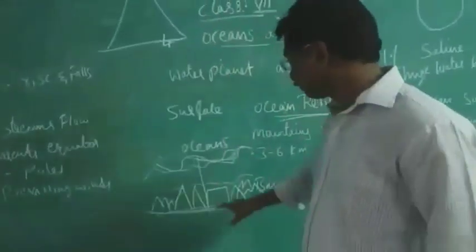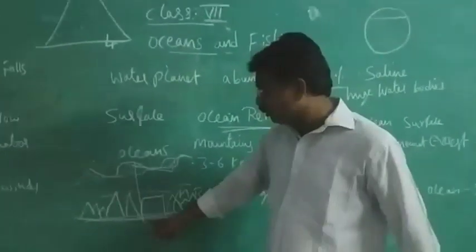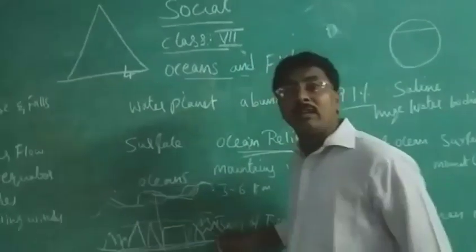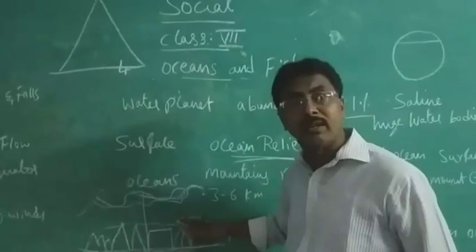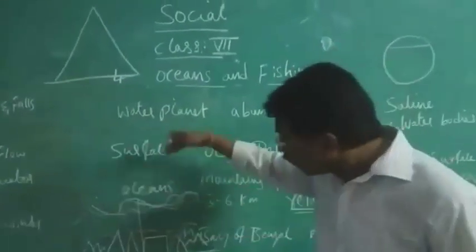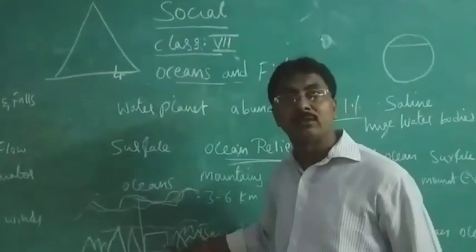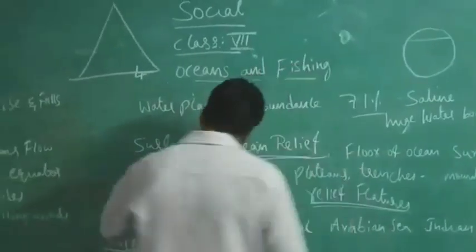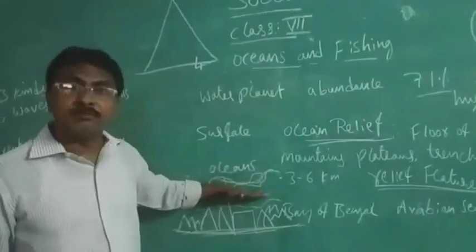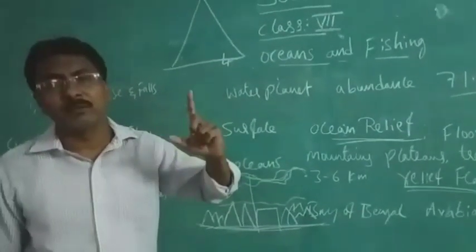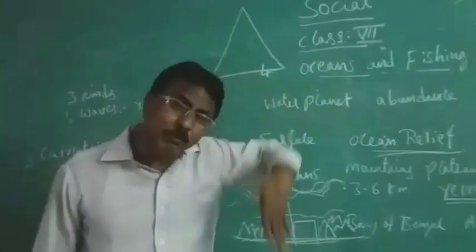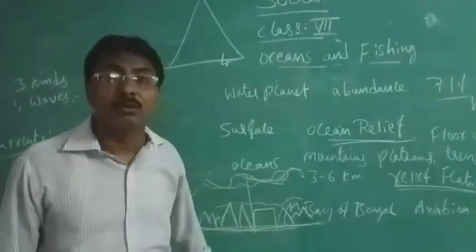How were these formed? All of these were formed by volcanoes in the ocean bed. Think about how deep this ocean is. First of all, you should know that the meaning of the word ocean is deep. You can't find the depth of the ocean.